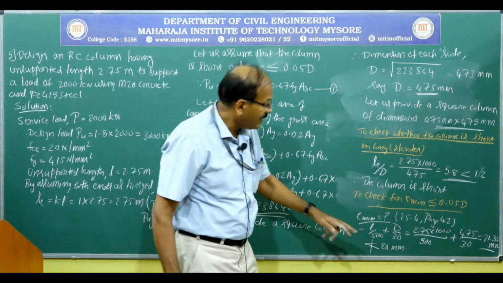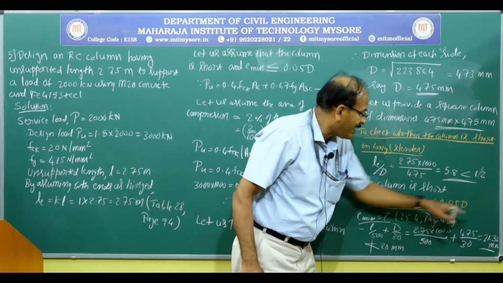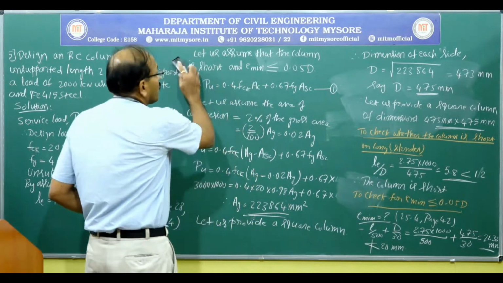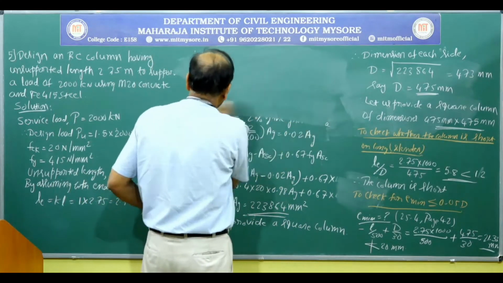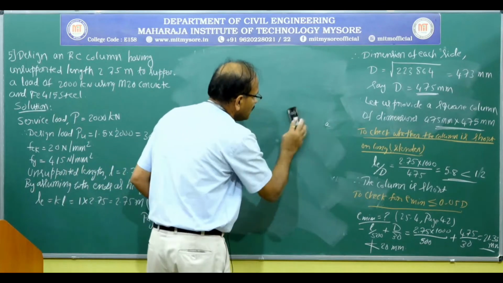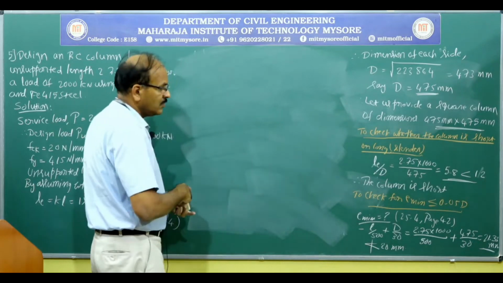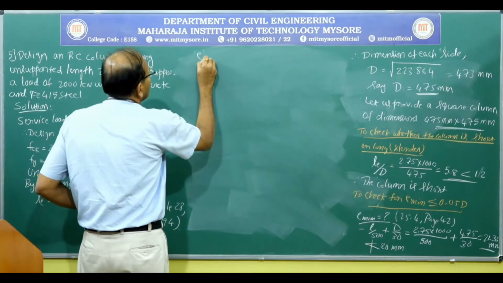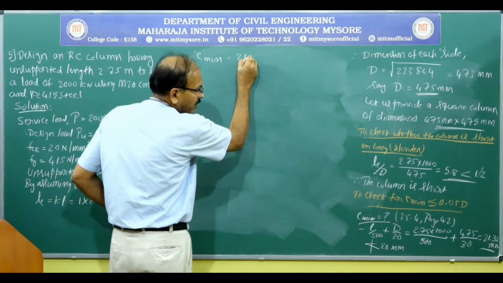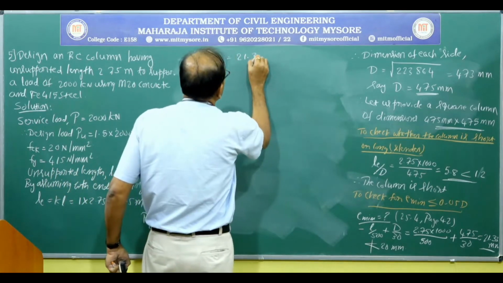In general, take the greater of these two values as the minimum eccentricity. So going further, therefore E minimum equal to 21.33 millimeter